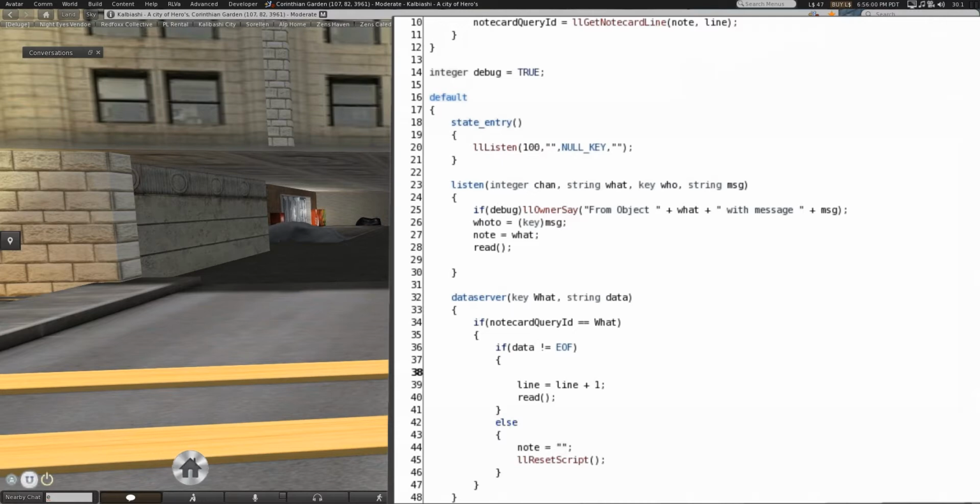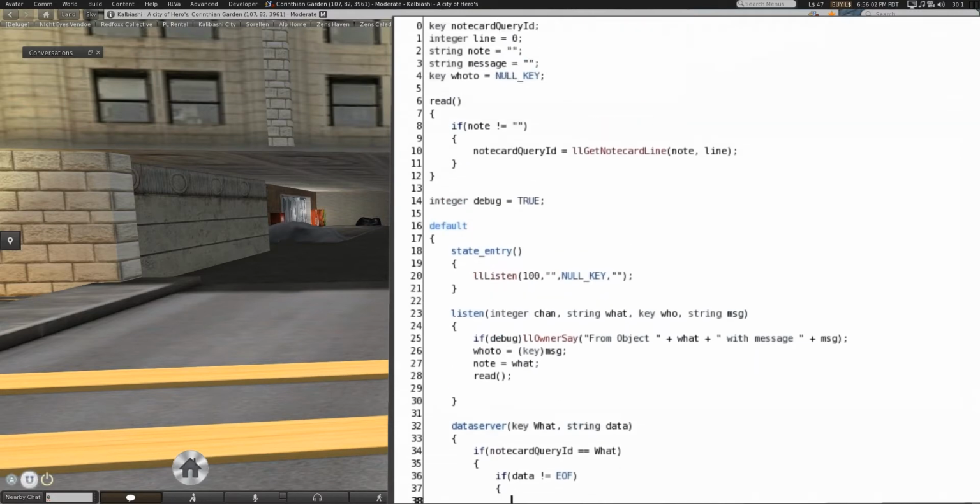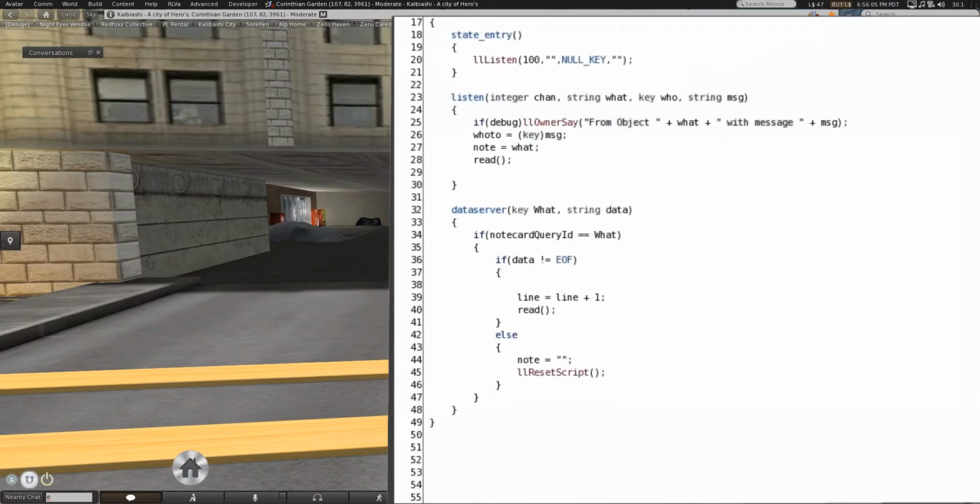What we actually want to do, is just occurring to me, is we actually want to make sure it only runs this part if the line is 0. So, if line equals 0,